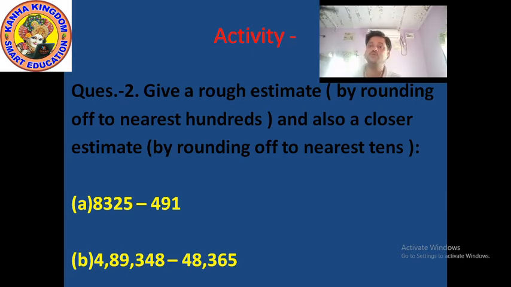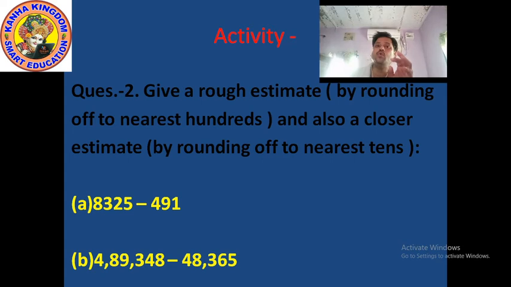8325 minus 491. So first you have to convert both these numbers to nearest 100, and when you find out the nearest 100 of both numbers, then it is very easy to subtract it. Okay, now the second part is